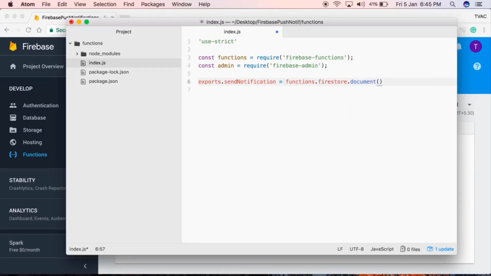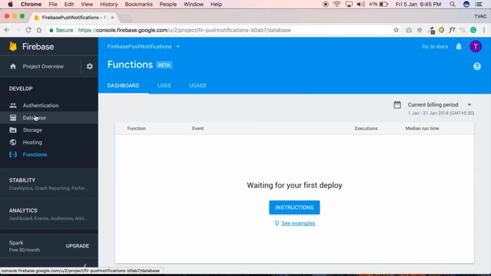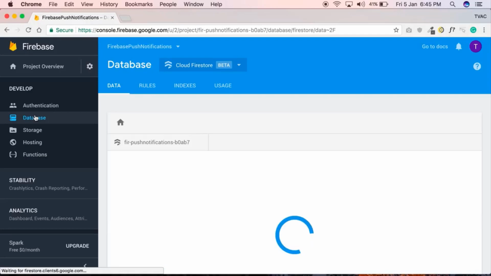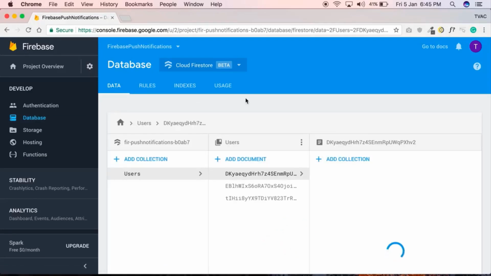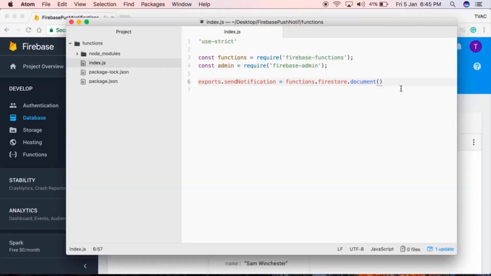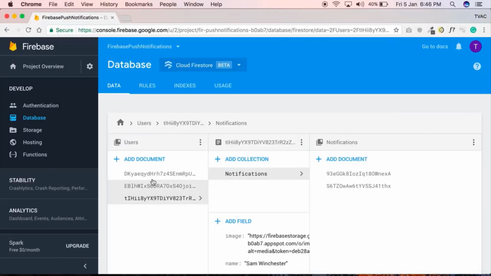functions.firestore.document, and here we need to pass in the link of that document, I mean the directory hierarchy, you can say. Currently, what we want is, in our users, if in any user document in the notifications collection there is any notification added, then this function should proceed. So for that, we're going to type in users slash, then for the document, since we don't know the document ID because each user is going to have a different ID,